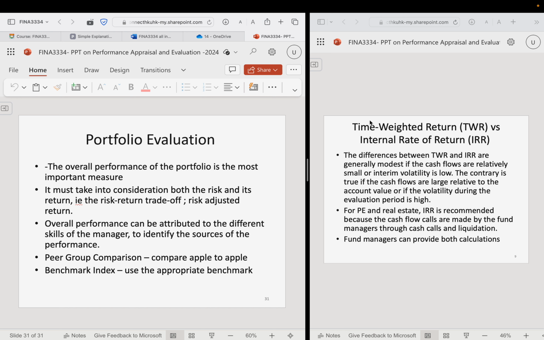This is more operational, and because we are not going into very deep detail on manager selection, probably in year 4 Mr. King will talk about it more. There are still a lot of qualitative ways to track managers. But nowadays, because the market and fund manager information is very easily available, it's more transparent.